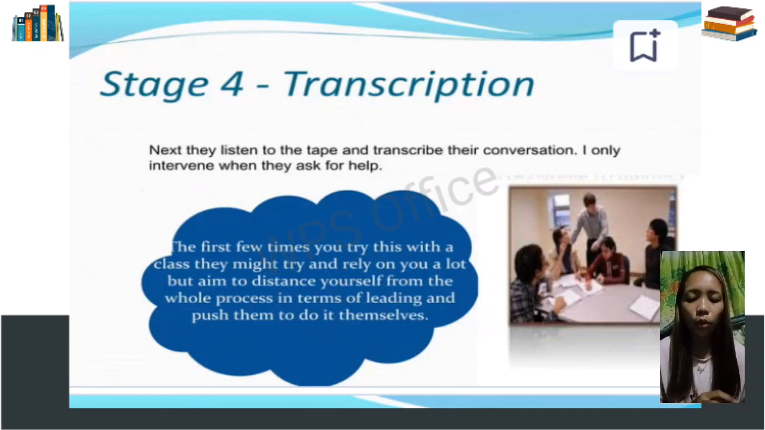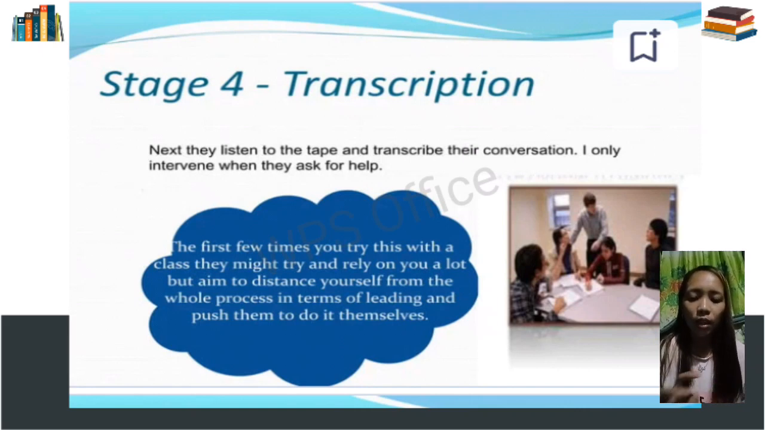So, the teacher only intervenes when they ask for help. In this stage, the students are going to listen to their tape, and if they have some questions, it is the time now that the teacher will intervene or answer some questions